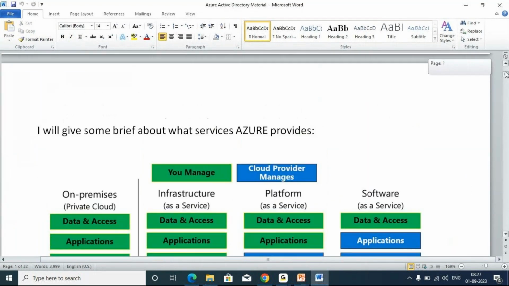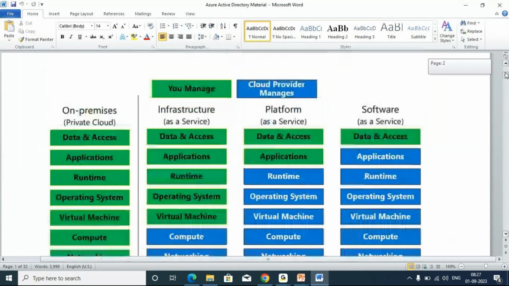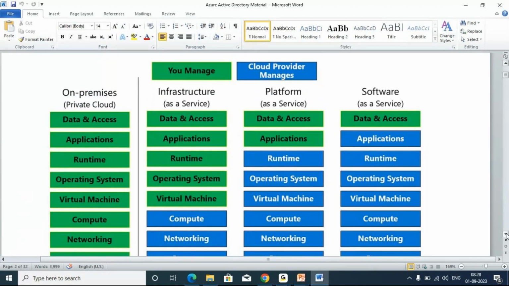On the last class we were discussing what features or services Azure provides, like